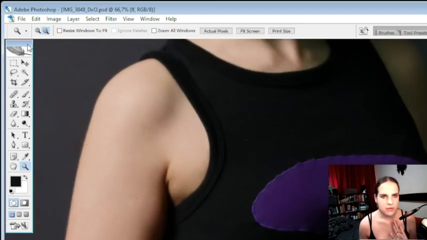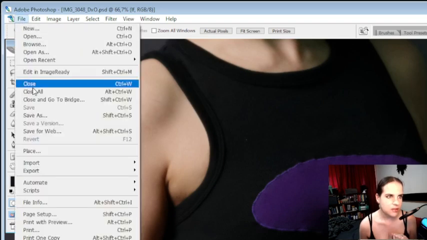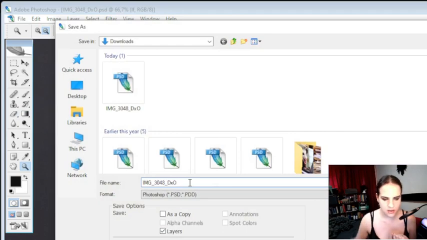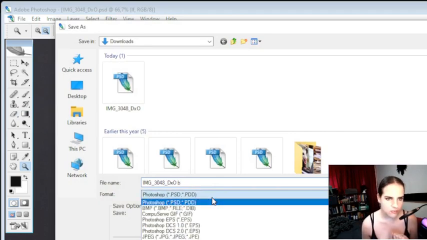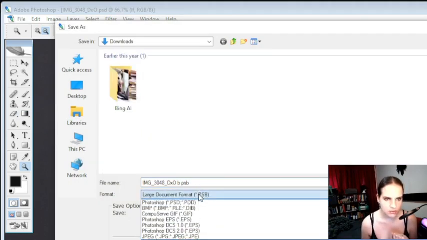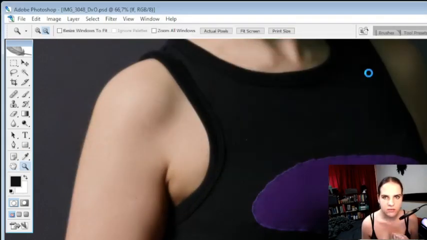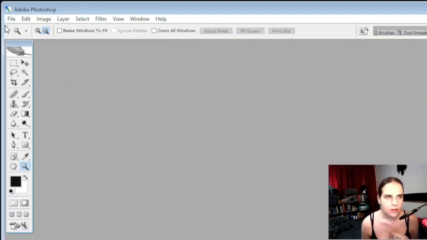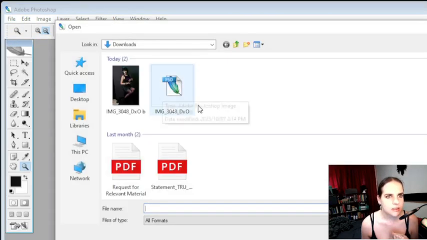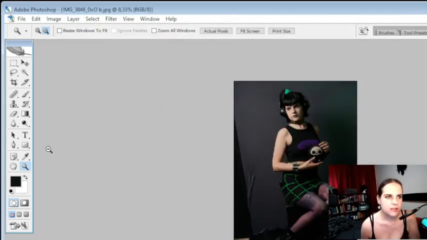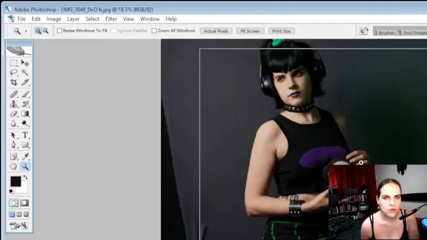Okay, so then I'm gonna go and save this. And then save as, and I'm gonna save it as a JPEG, so the layers are gonna be flattened. Okay, and then I'm gonna open it. Yeah, okay, open it, and then it's time for